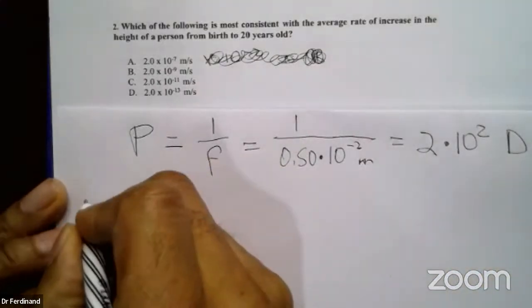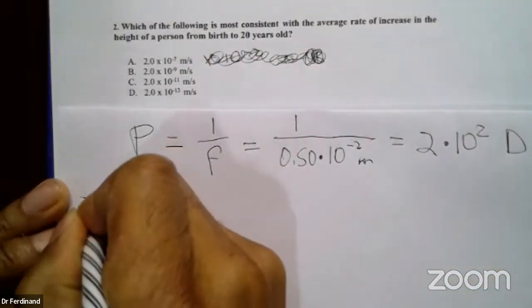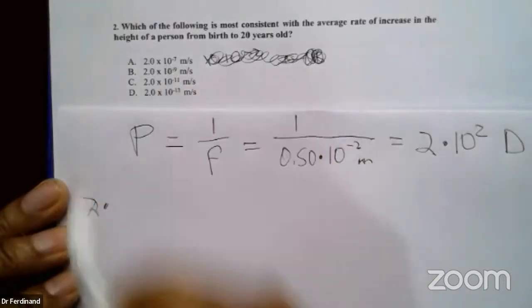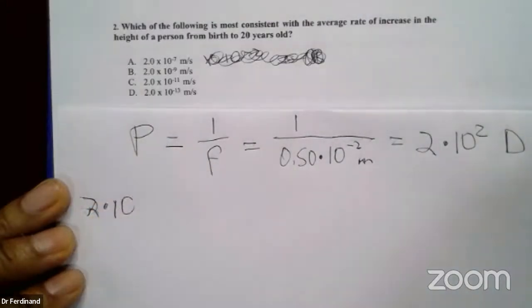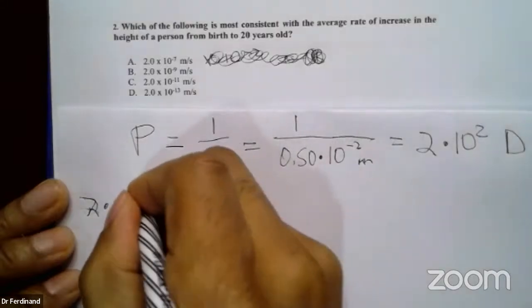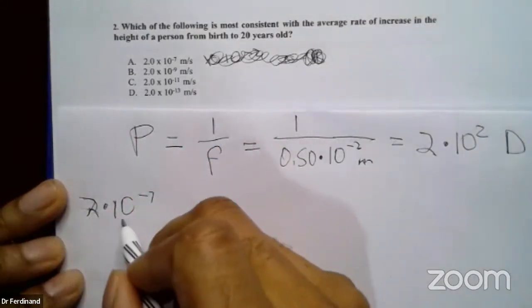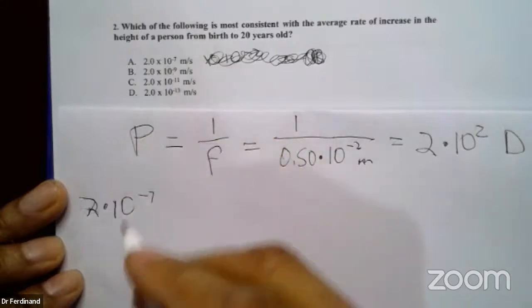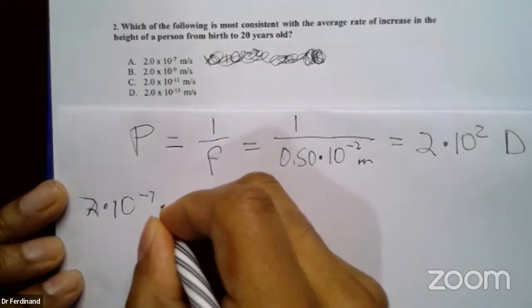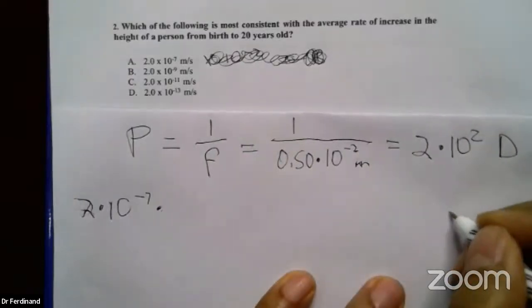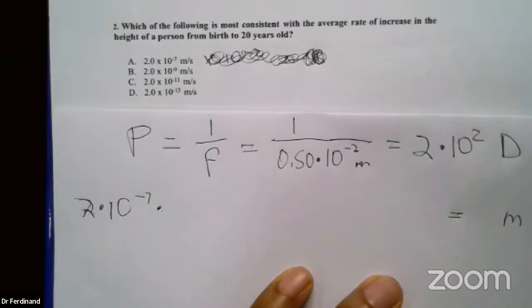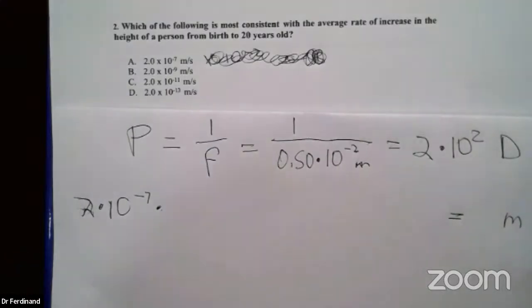Okay, so let's set it up. I'm going to take the first one randomly and see what that gives me. And yes, you can put the answer choice that you've chosen in the chat. So I have 2 times 10 to the minus 7, which I'm taking from here. Now I'm going to do a series of calculations to find out how many meters that would give me. So for a person after 20 years, how many meters would it be?